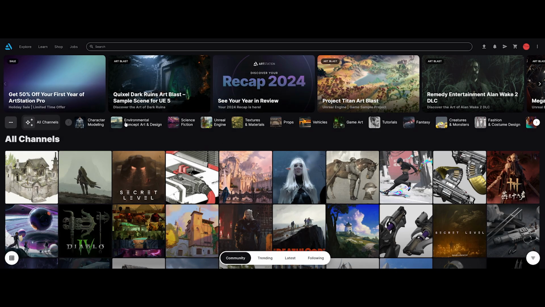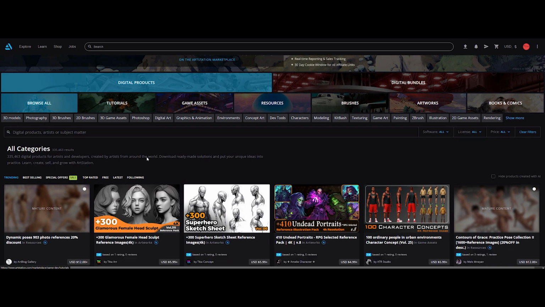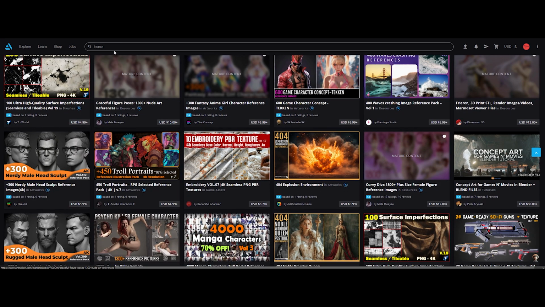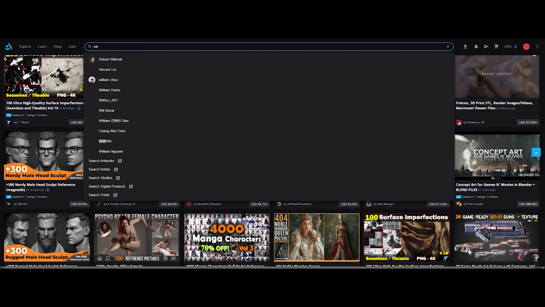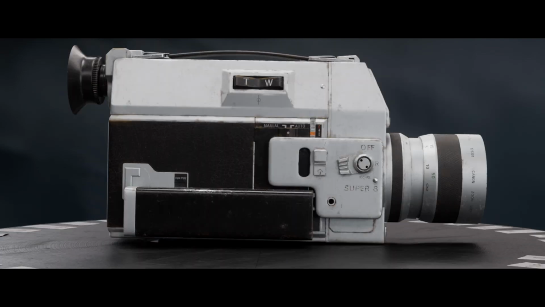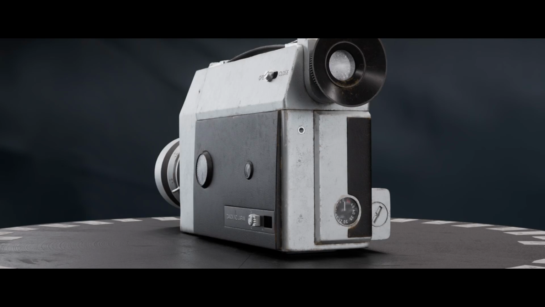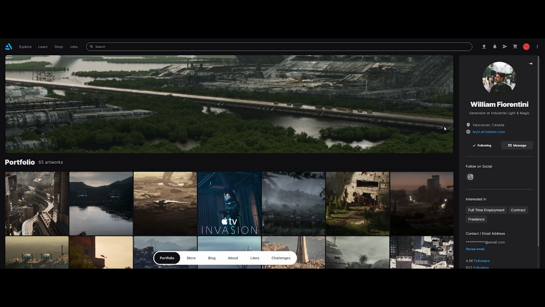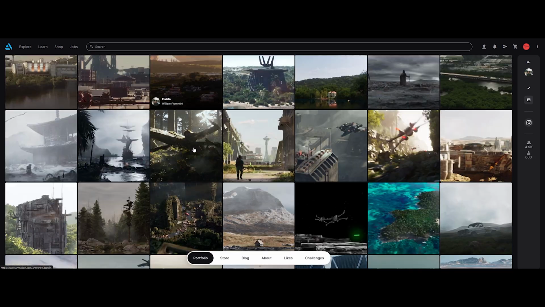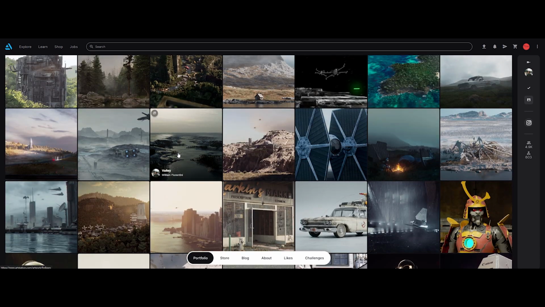Alright, let's kick things off. If we are going to create some jaw-dropping dust effects, we need a killer model to start with. And what's better than ArtStation Marketplace? Seriously, it's a goldmine. So, I was hunting for something vintage, a real classic. And boom, I found this Canon Auto Zoom 814 by none other than William Fiorentini, a CG generalist at ILM. If you haven't checked out his portfolio yet, do it. The guy's got insane skills, especially with environments.